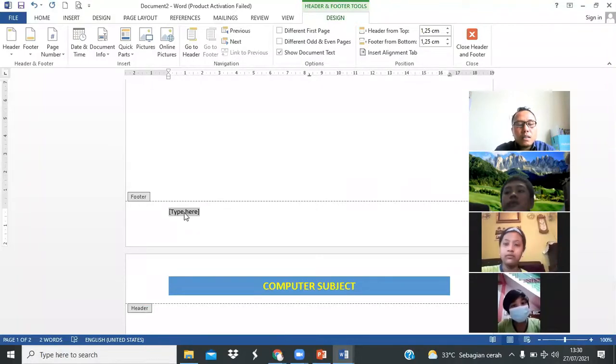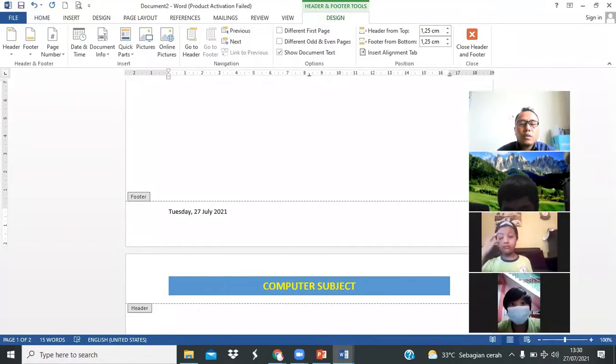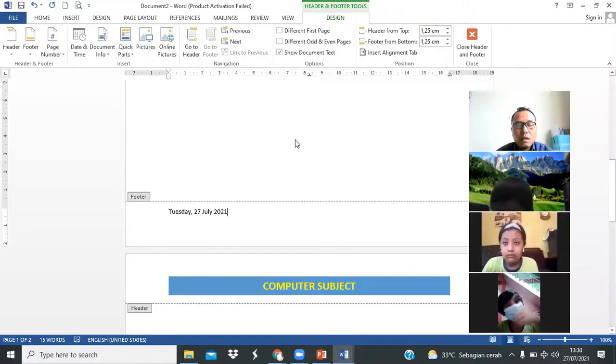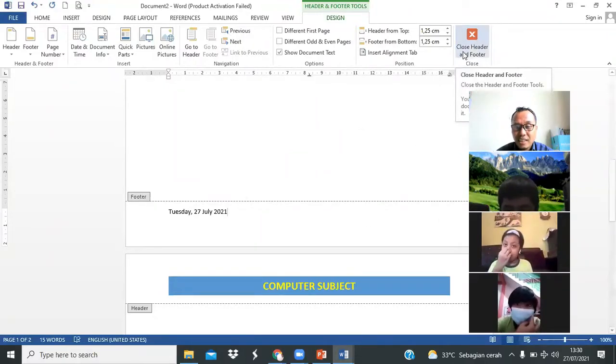The example: Tuesday, 27 July 2021. After that, you can double click here if you want to get out from this footer, or you can click this one, close header and footer. I choose double click here.